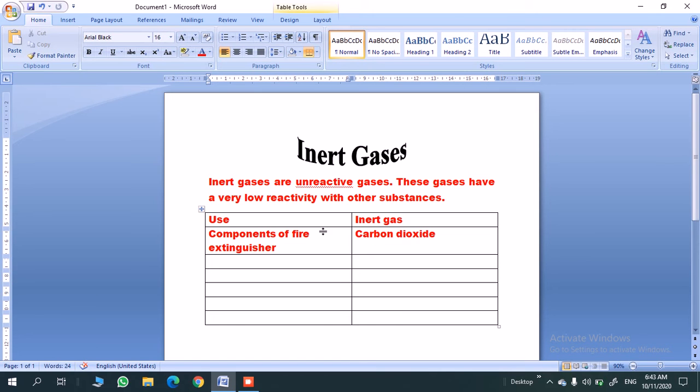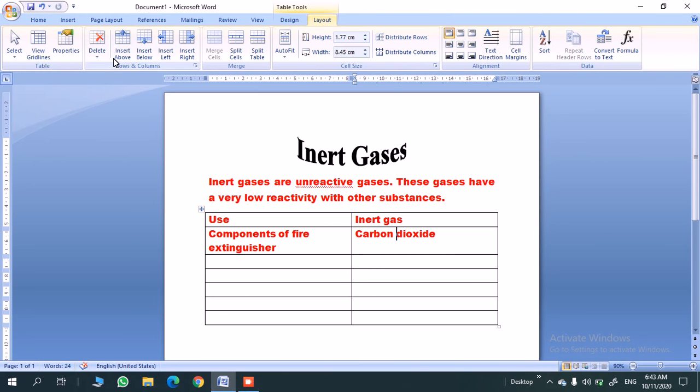If you want to add a column, you can click on the cell where you are going to add a table column or table row. So first of all, I'll click here. I'll show you how to add a column. Click on insert right if you want to add a column to the right side of your selected column. If you want to add a column to the left of it, click on the insert left button.